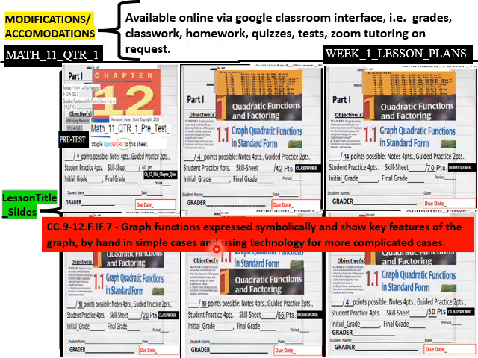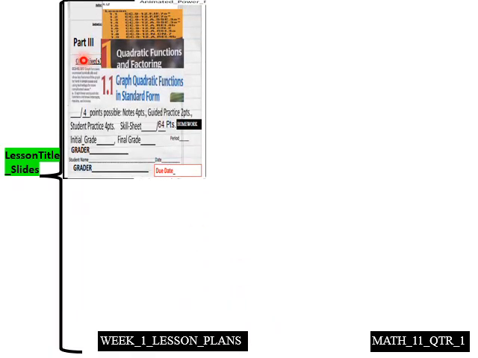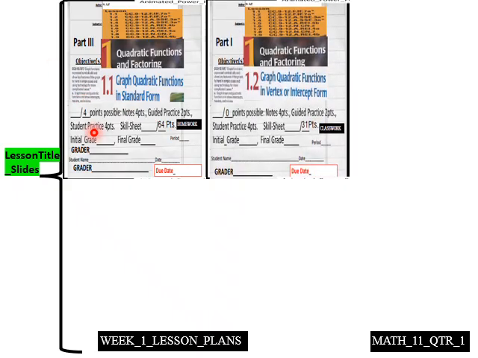What's our predominant standard here for this section of Week 1? It's probably through Monday or Tuesday. We got Common Core 9 through 12, F.IF.7, graph functions expressed symbolically and show key features of the graph by hand in simple cases and using technology for more complicated cases. So we get into graphing big time, to say the least. Going on here into Week 1, we go into 1.1 Part 3 homework, 64 points, 4 points note-taking, with the